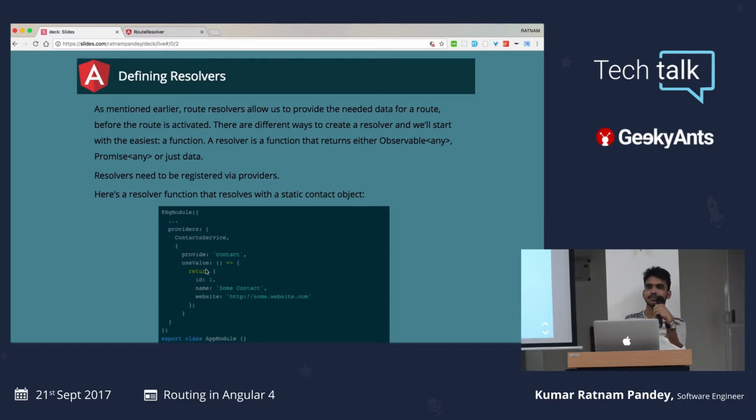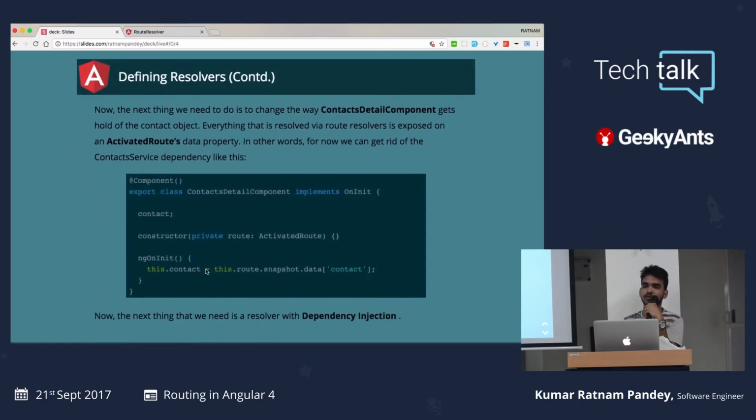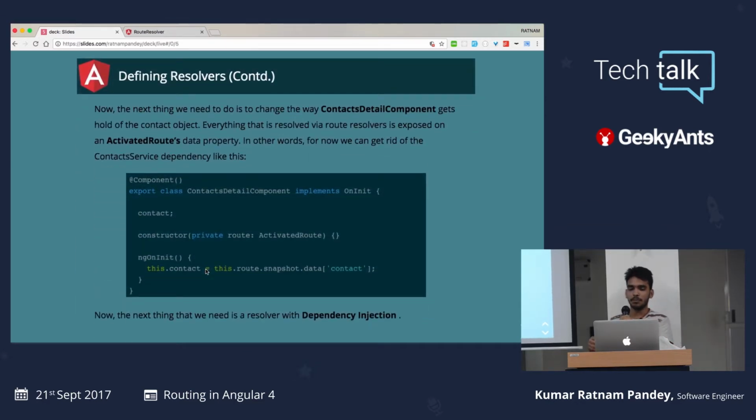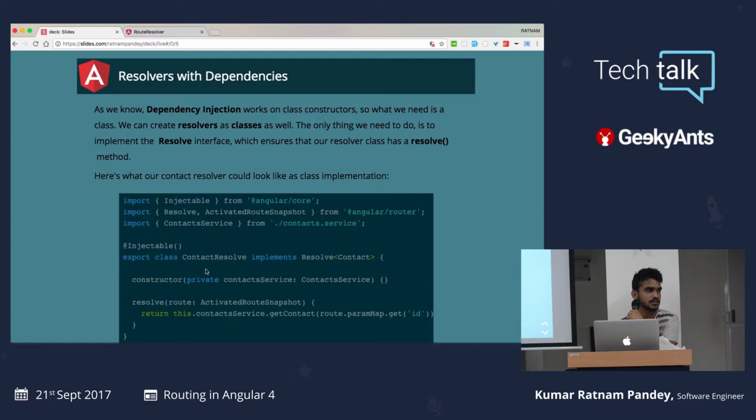Because it does not have a constructor. Simple. It does not have a constructor, so we cannot inject the dependency. Okay. So from there the requirement came to make a resolver a class. In that case, if we have a class, we can easily make its constructor. It's not a big deal. So what we do is